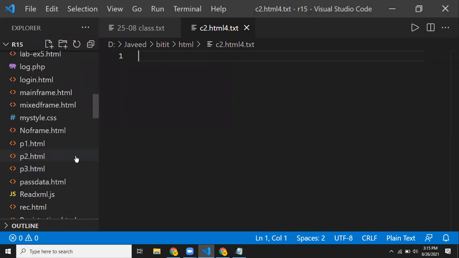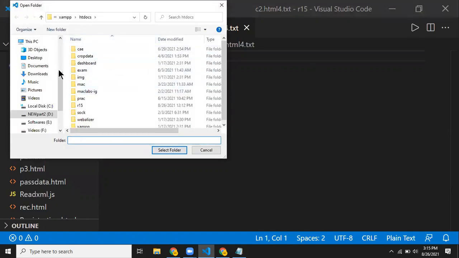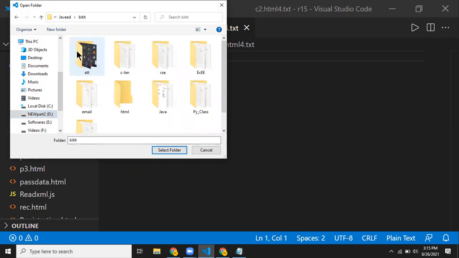I'll close this and open a folder there. Actually it's not supposed to give the extension .txt. If you give the .txt extension, it's not going to identify it as an HTML page.